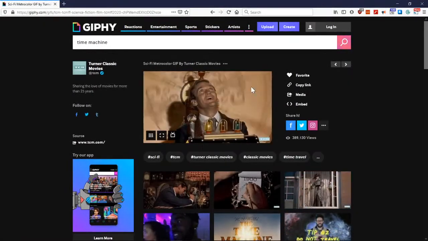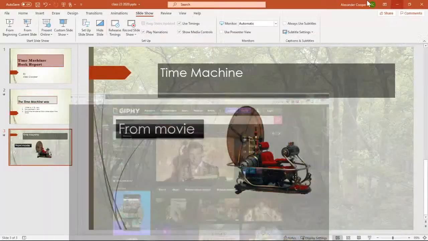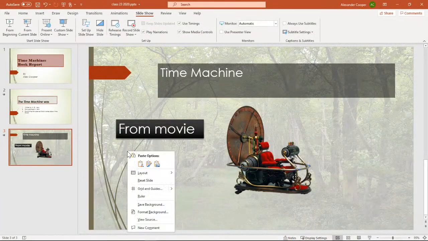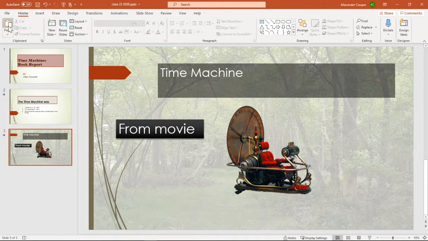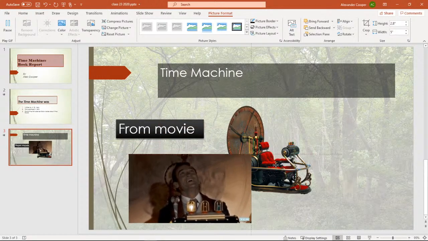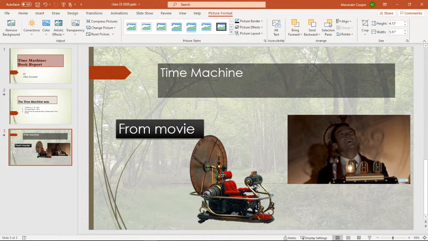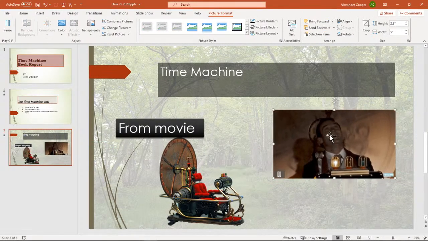So you have your image, you right click, hit copy, and then if you right click, the first one that you want to do is the first regular paste. Okay. And let me see if we can move this around a little bit here. And I might even give this a border.